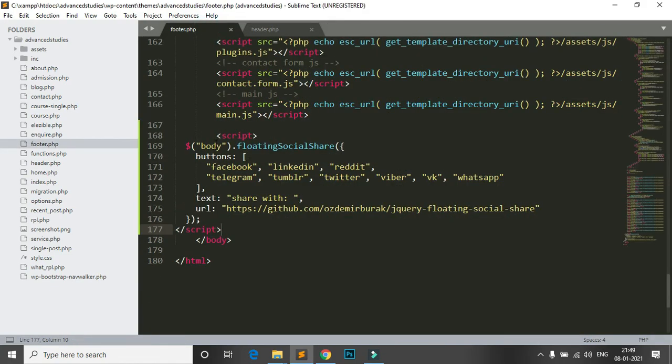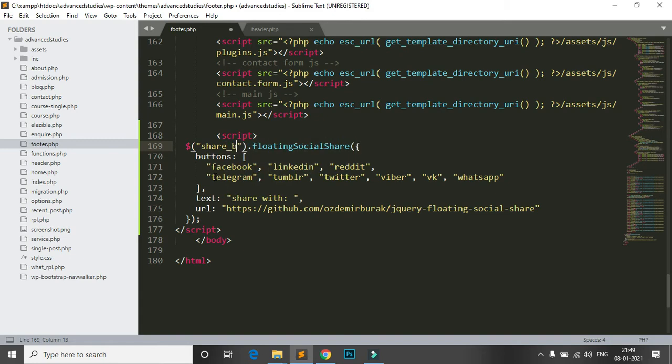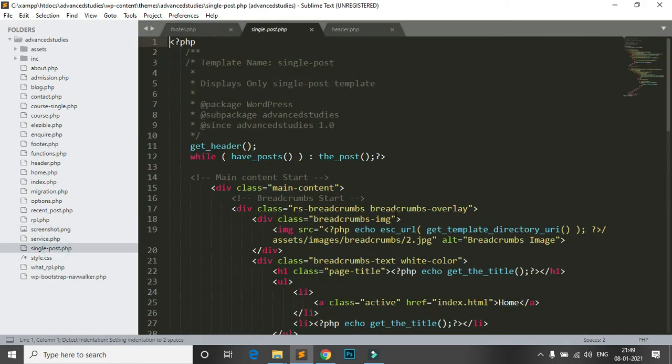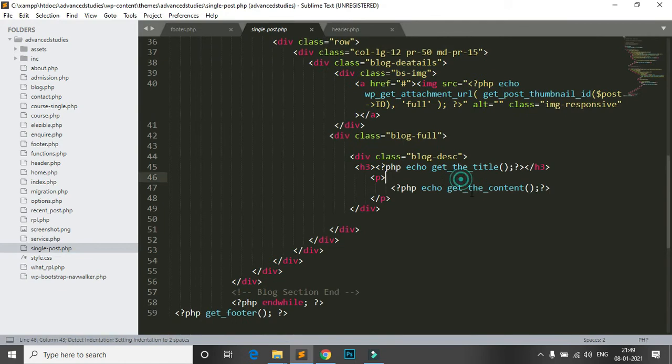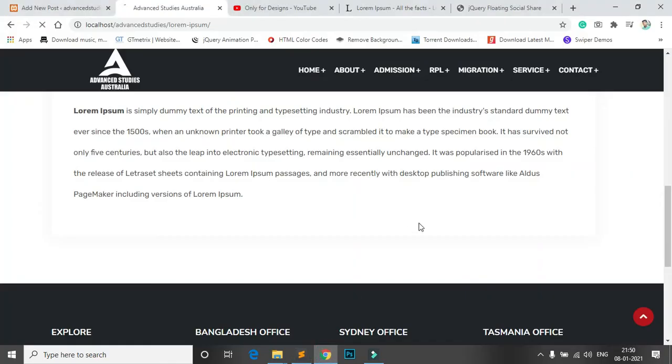I change this ID to share button. Okay, change this ID to share button, copy, and go to single post. This is the single post. After the content, here I put a div with ID share button. Okay, then save, and now refresh.